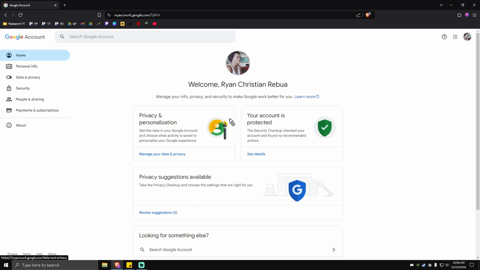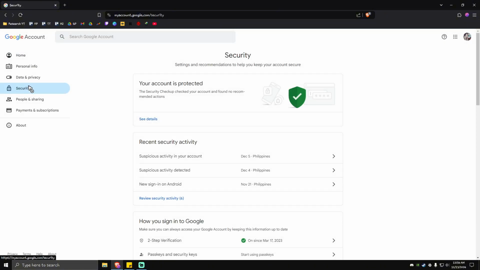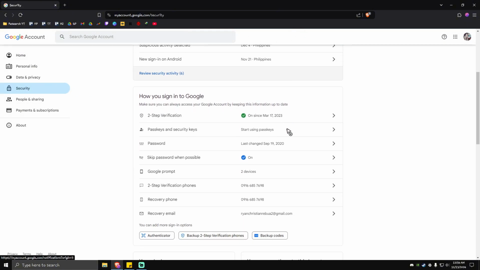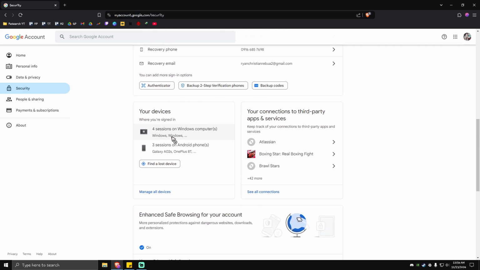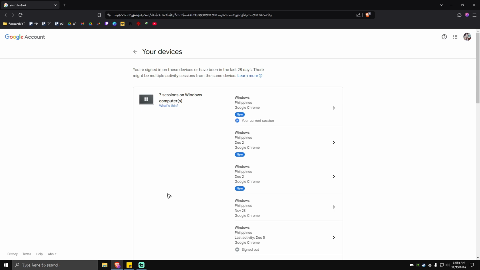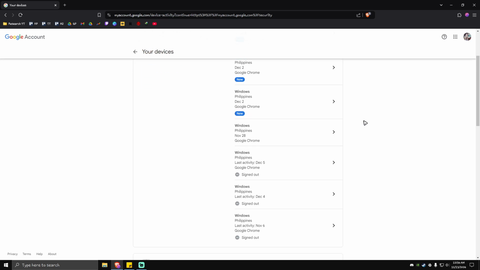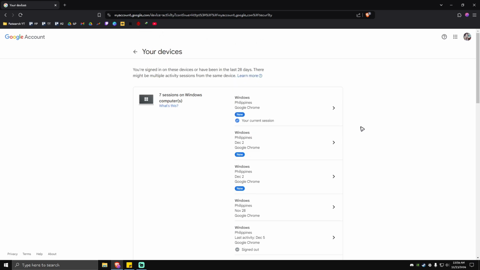Now once you're in here, just go ahead and go to security right here at the left pane. Click on that, and then you're going to want to scroll down until you see the section called your devices. Once you have it located, just click on this hyperlink right here which says manage all devices. Click on that. And as you can see, here is the list of devices that are signed in to your